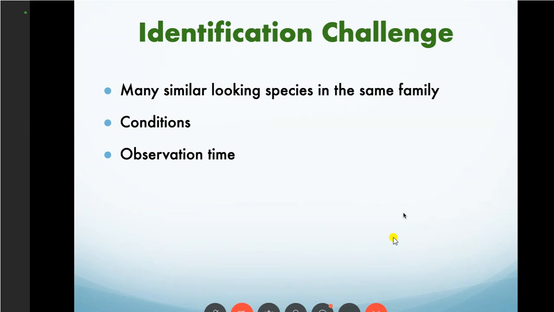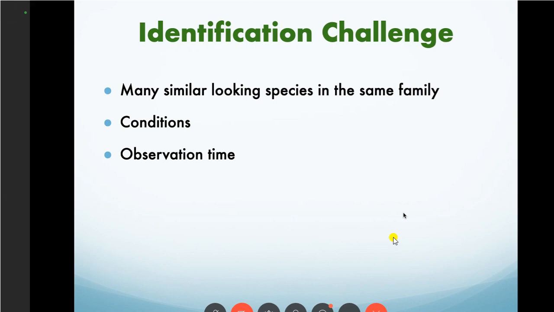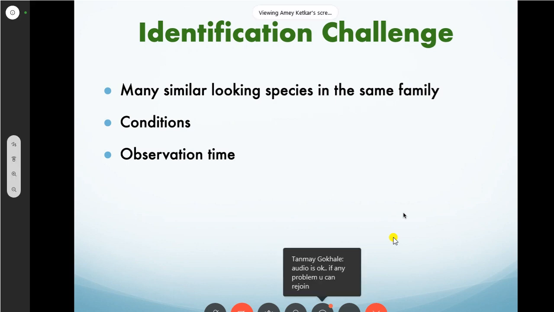Secondly, the thing that happens is the conditions. The conditions are obviously not good because you are on a boat when you want to see these birds. The boat is moving, the sea is choppy. There are waves that block views of seabirds because they are either landed on the water or they are flying so close, and it's really tough. Just imagine bird watching from a moving car, that too with binoculars, you don't get good views, and that's